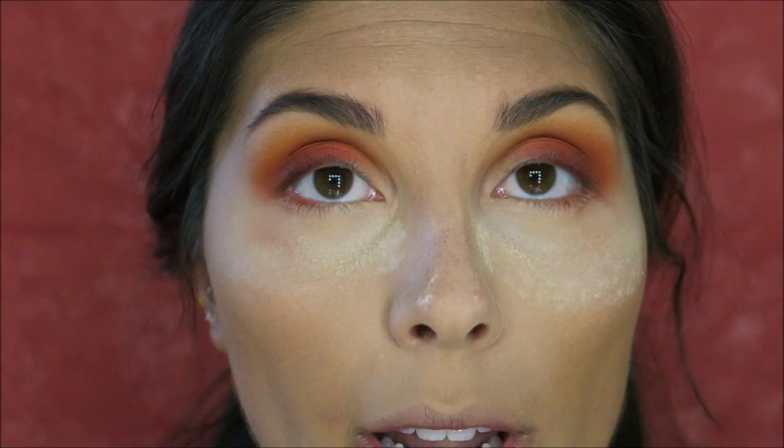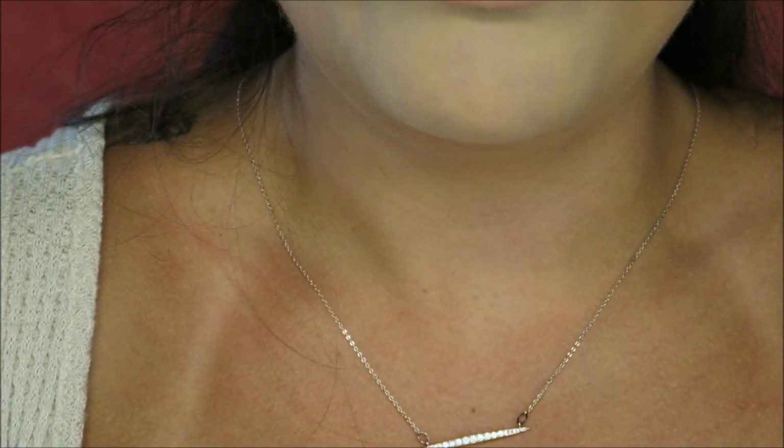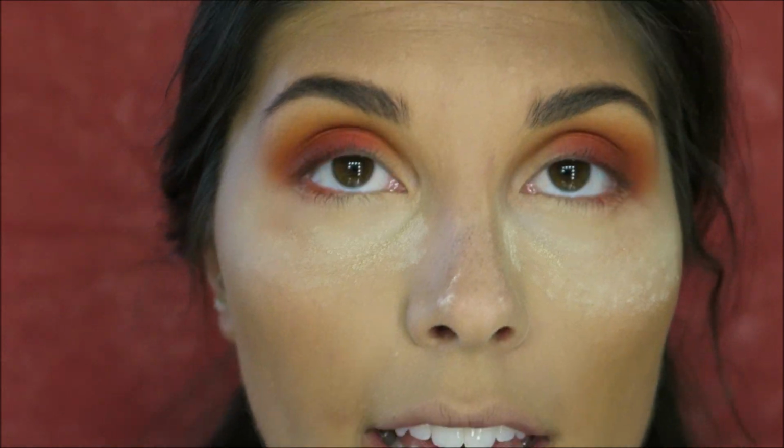And I'm not sure what I want to do for the inner corner, so I'm not sure if I want to kind of just do, ooh, sorry, legs fall asleep. So I'm not sure if I want to do like a more neutral color and just kind of do all matte and then add like a glittered line or something along those lines. I'm just not sure what I'm feeling, but I do think I am going to touch up the darker orange